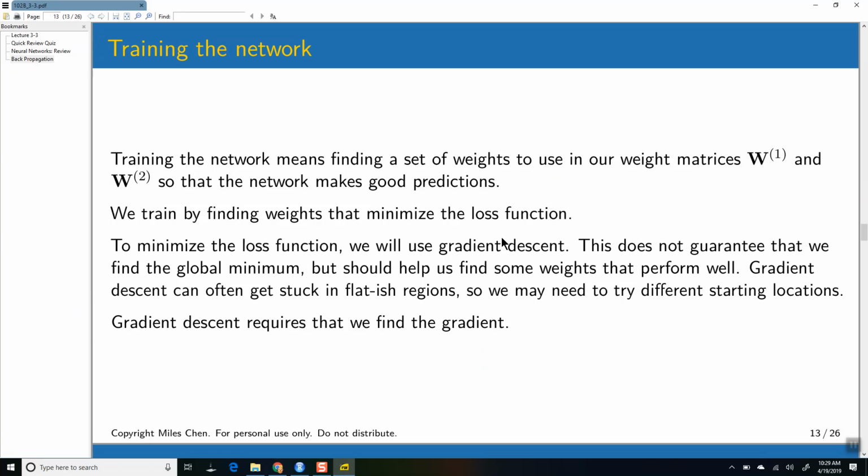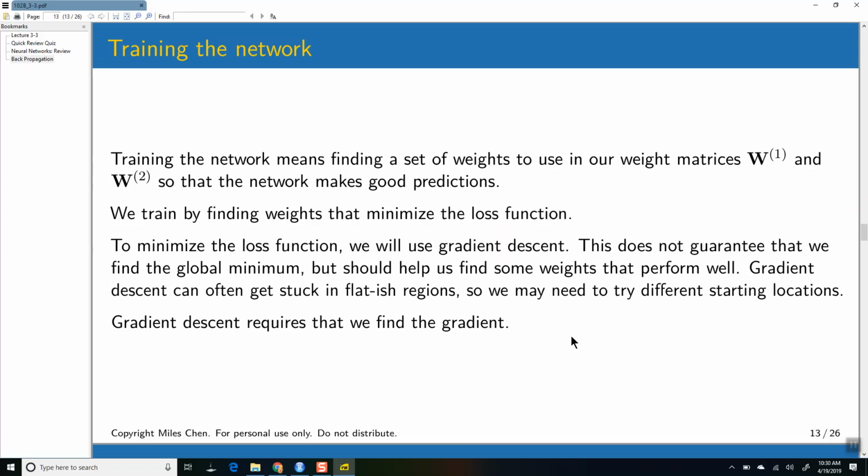And so training the network just means finding these weights so that when we plug in x, the thing that comes out on the other side, y, looks a lot like our data. We want our network to take in our x and make good predictions of y, okay? And we've got 9 values to play around with, and we're trying to minimize the loss there, right? So we train weights by trying to minimize the loss function,